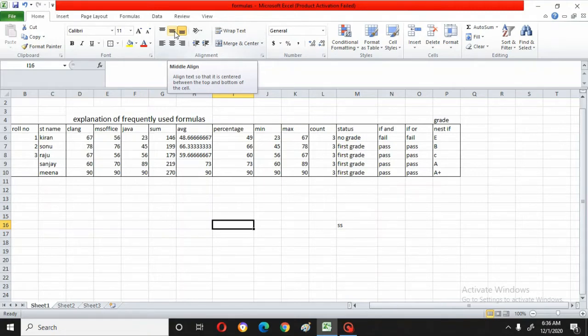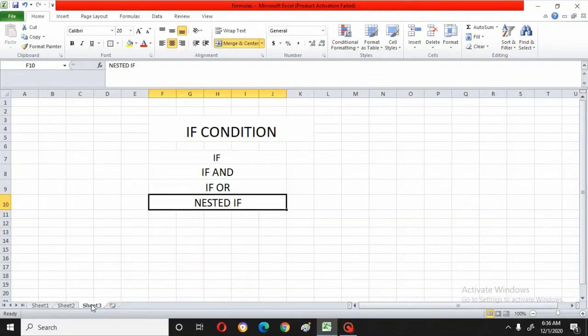This is Ruchi here. This video is an explanation of the if condition. In my previous video, I explained about formulas. Now in this video I am going to explain the if condition in MS Excel. Can you see the screen in front of you? On the screen I have given some options in the if condition. The if condition can be given in different forms. There are four types you can use.